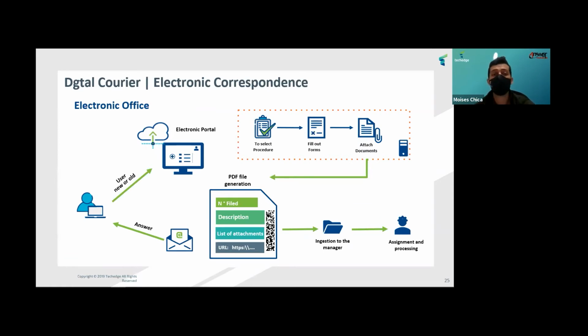So this is how the flow works for external users. They will just log into the portal. They will select the form, fill out the information, attach documents, and they will send it to the system. This communication is shipped also through the model suite, and then when it arrives into the system, it will launch a distribution workflow that will create a PDF with the filing number and will assign the communication to the recipient if it was chosen, or to a validation level 1 group as well. And when the communication is answered, he will also be able to see that information through his inbox in the portal.